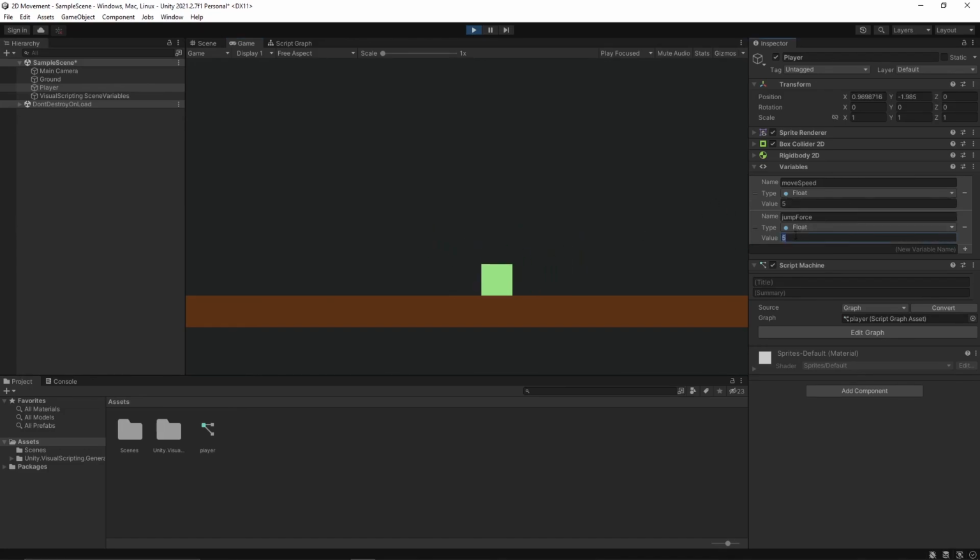If I change the value from here, now it's jumping higher. If I change the speed, it's moving faster. Perfect. So that's it for this video.